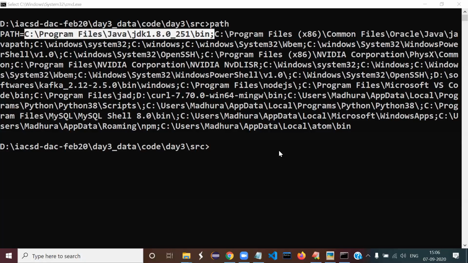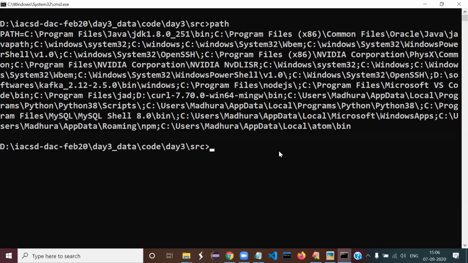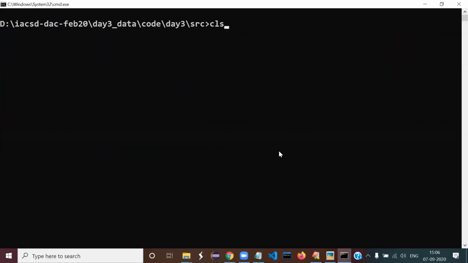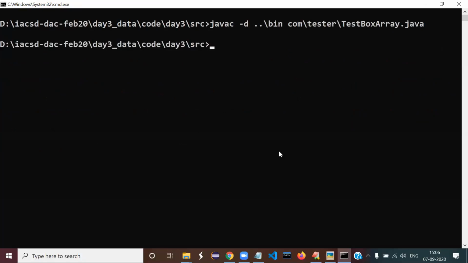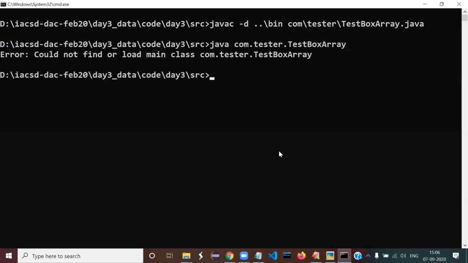So now I think you have changed this. So please compile it once again. I hope you have again brought back the for loop. So compile this. Now, if I want to run it from the same place, you cannot run it from the same. It will give you the error, cannot load or find.